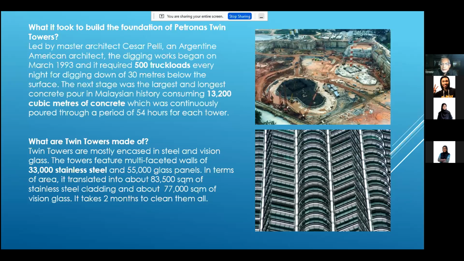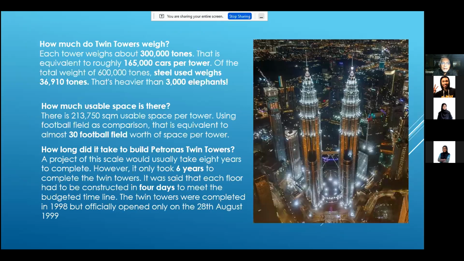Start, so quite a challenging kind of thing. But anyway, this is kind of routine. How much does the tower weigh? So basically, the tower weighs about 300,000 tons, equivalent to about 165,000 cars per tower. I mean, talking about weight lah. And then of the total weight, uh,